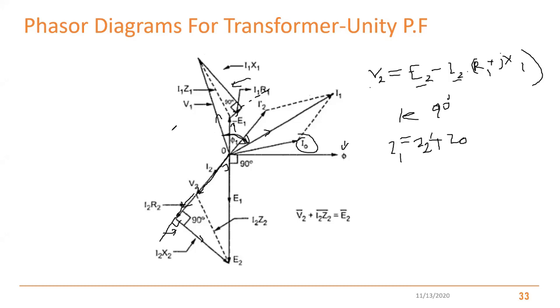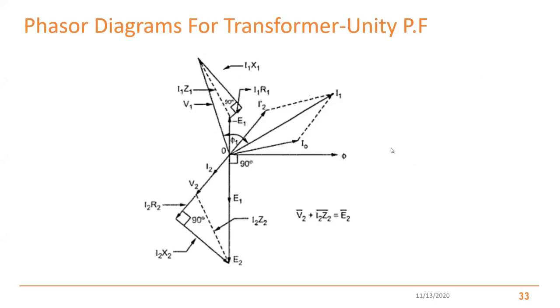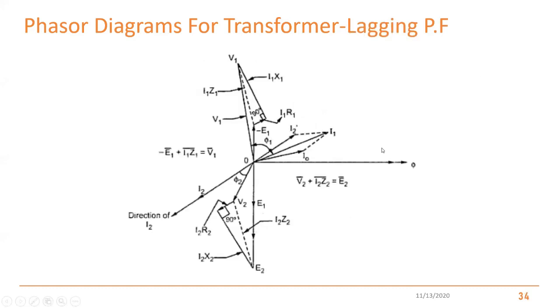Okay, so if you draw the phasors, you can calculate it like this. The same way you can draw the other phasor diagrams as well. So this is again the phasor diagram of the transformer for lagging power factor. If you consider the I2 dash direction, you can get the I2. Since for lagging power factor the V2 should be leading, okay, V2 should be leading, means it should be in anti-clockwise direction.